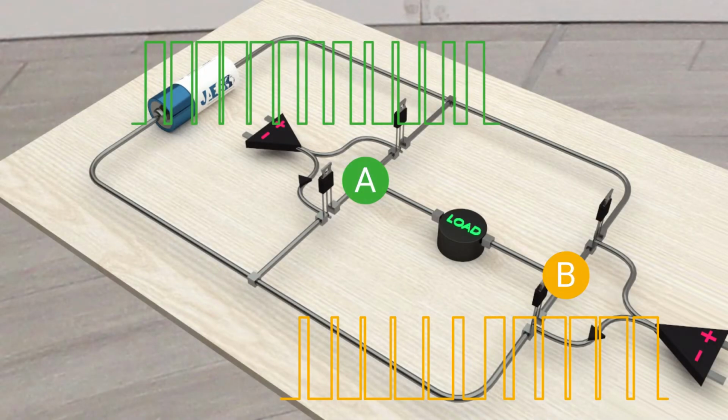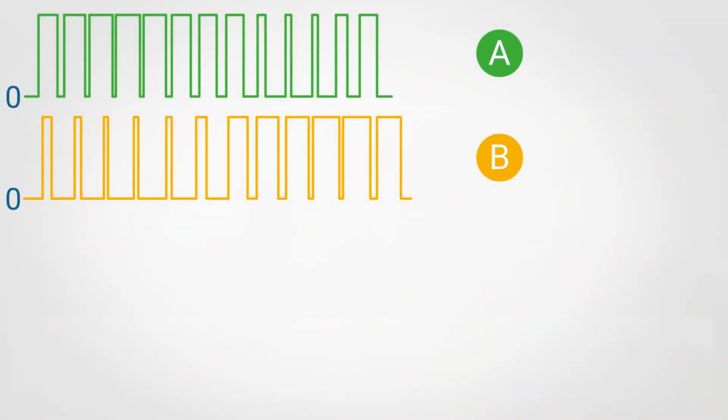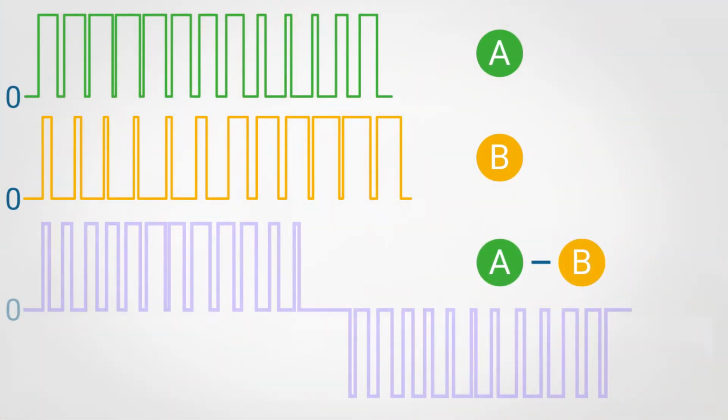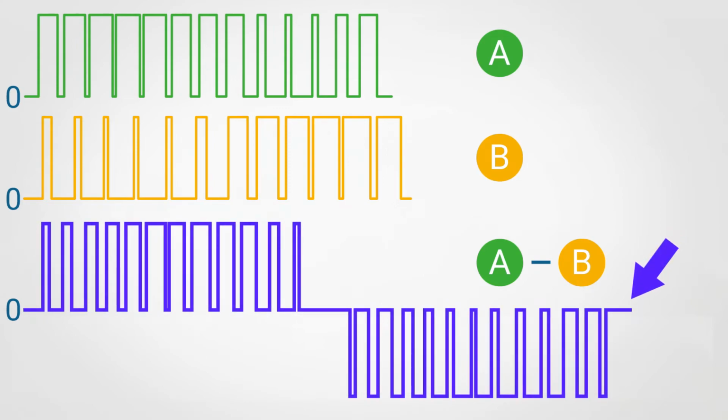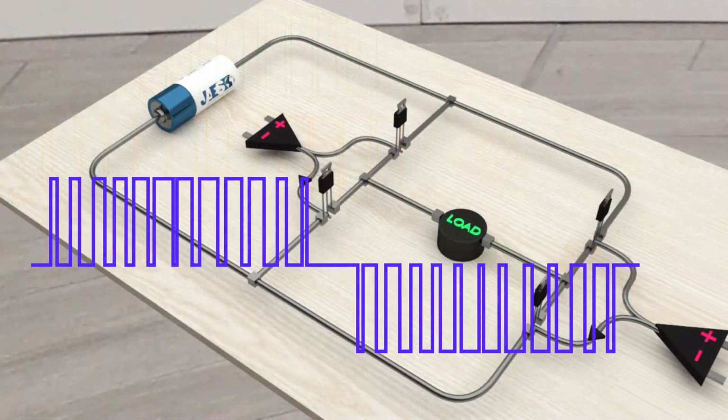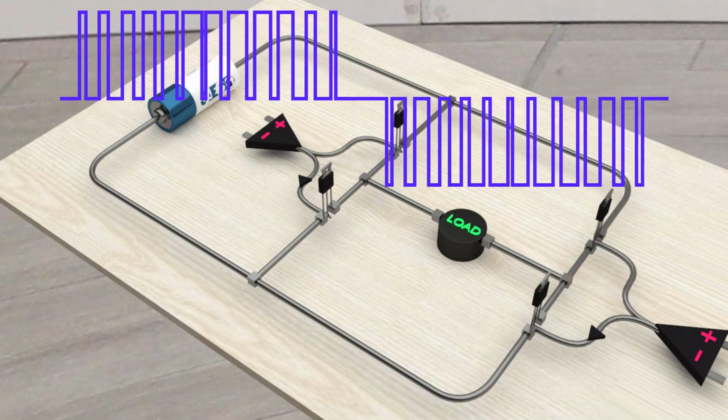Since we are tracing the output voltage between points A and B, the net voltage will be obtained from the difference between A and B. This is the pulse train that we need to create to approximately obtain a sine wave. The smaller and more accurate the triangular wave is, the better the pulse train is. The question arising now is, how do we implement the average in a practical way to make it exactly sinusoidal